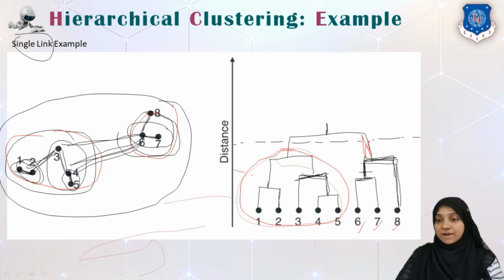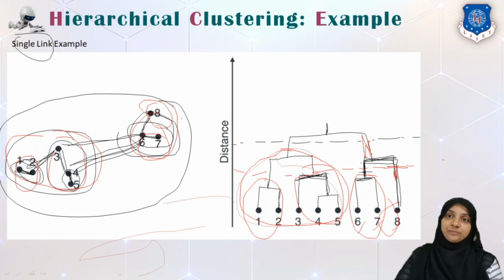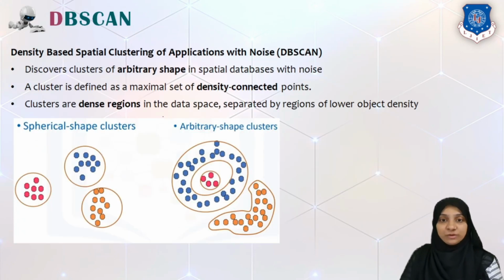And say if I cut the tree at this stage, in this case the first cluster will be 1 and 2, that means this one. The second cluster is 3, 4, 5, that means this cluster. Then we have one cluster of 6 and 7, and another cluster of 8, because the tree is cutting this edge, that's why 8 will again be in a separate cluster. So we can cut the tree at different stages and verify what kind of clusters best suit our data or best separate our data according to its homogeneity.